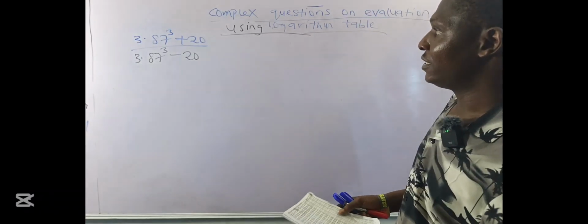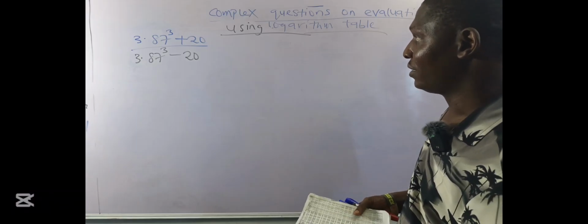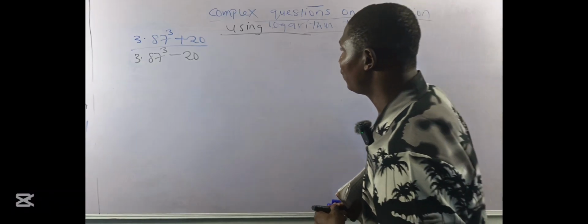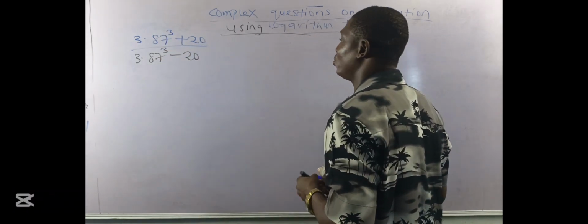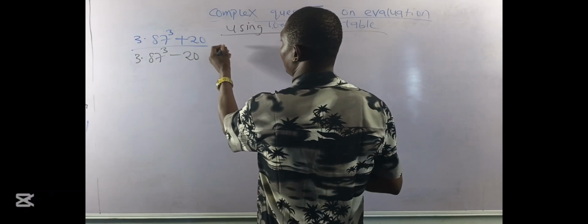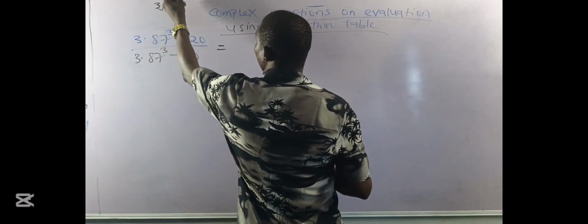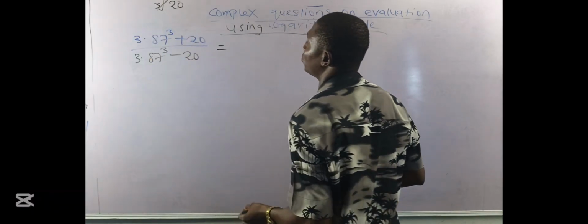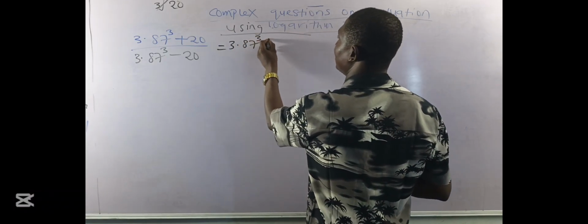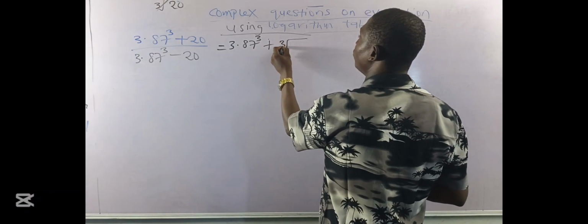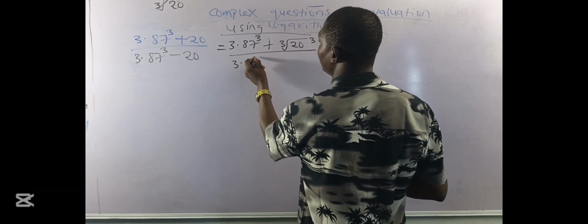We have 3.87 raised to power 3 plus 20 divided by 3.87 raised to power 3 minus 20. How are we to do this? First, we must do everything possible to convert this addition and subtraction sign to either division or multiplication. And we know that this 20 is same thing as cube root of 20 raised to power 3, because of cube we cancel what? Cube roots. So we therefore have 3.87 raised to power 3 plus the cube root of what? 20 raised to power 3, all over 3.87 raised to power 3